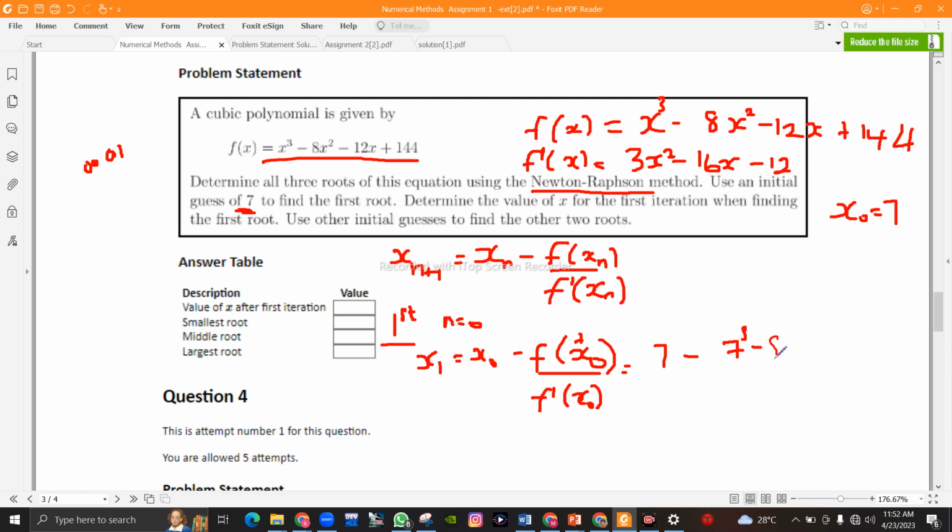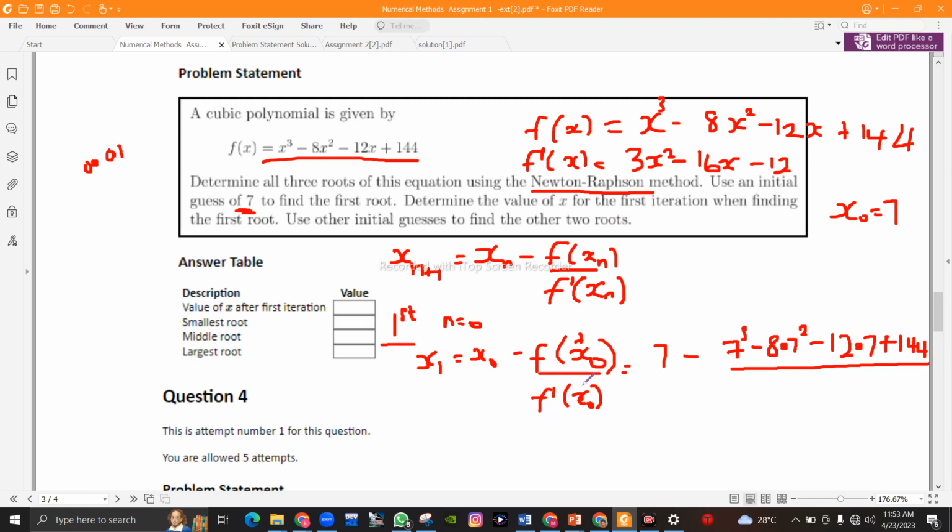minus 8 times 7 squared. You should understand the way I'm writing it. That's 8 times 7 squared, minus 12 times 7, then plus 144. I'm only trying to write it more smartly. Some textbooks write like this. This dot means 8 times 7 squared, that's 8 times 49, 12 times 7,